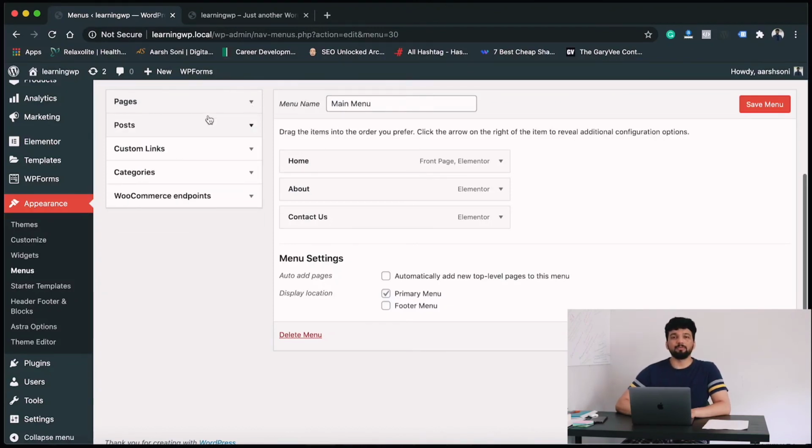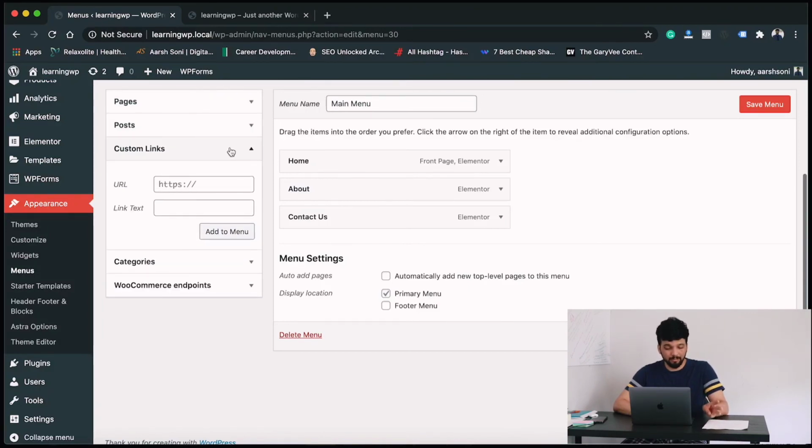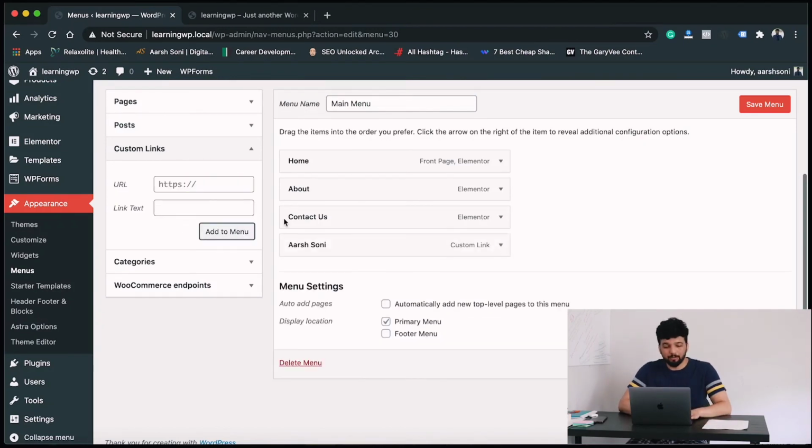You're gonna have options if you want to add something from your pages, your posts, if you want to create a custom link, which is nothing but, let's say if you have something which is not from your website, but if you want to link it to your menu. So let's say I want to link my site to the menu, I will give it a name first. So give a name to your link, and then you can just enter the URL. So mine would be www.sony.com, and just click add to the menu. It's gonna bring the thing to the menu section, and you can just change your perception here.